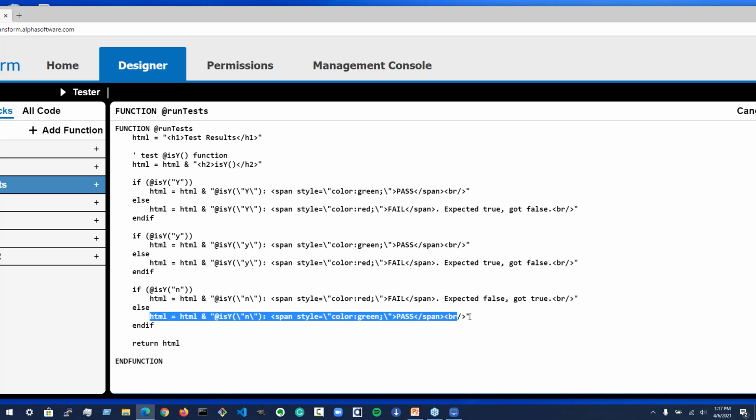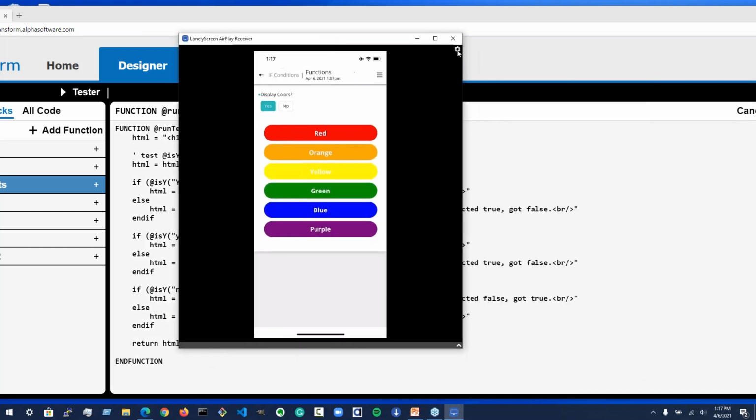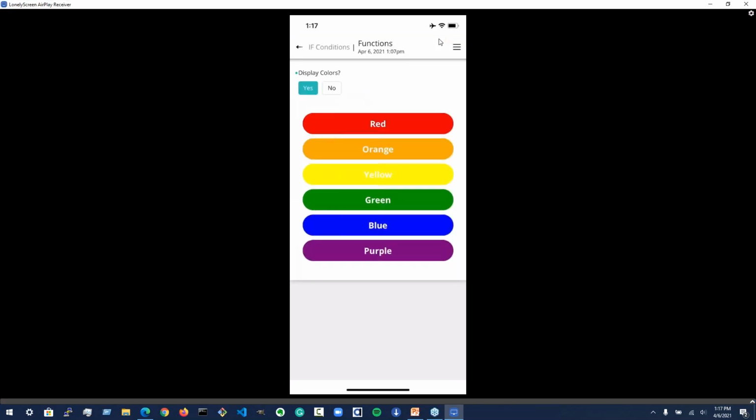So in the else condition, which is false, meaning it's not y, that's where I add my pass to the HTML object. But if it comes back as true, that's also not correct, so I would print out this failure message. And if we go back and take a look at that in operation,